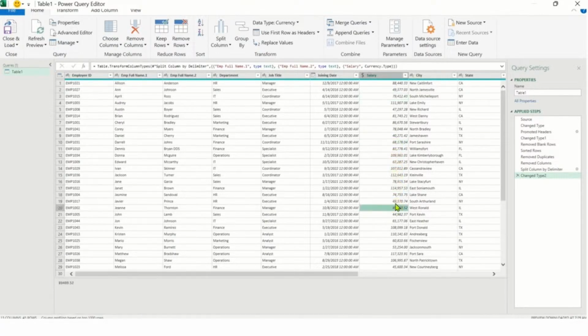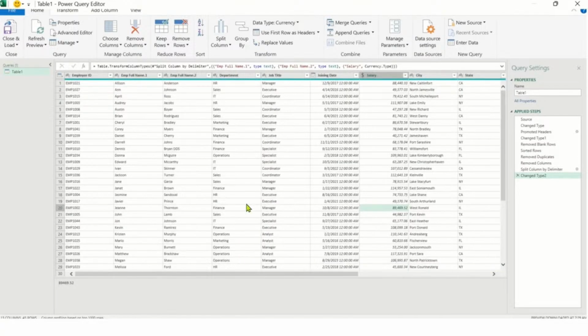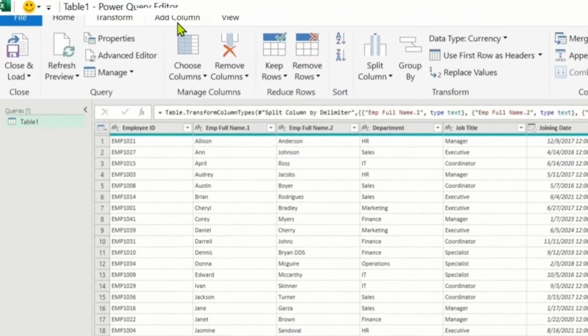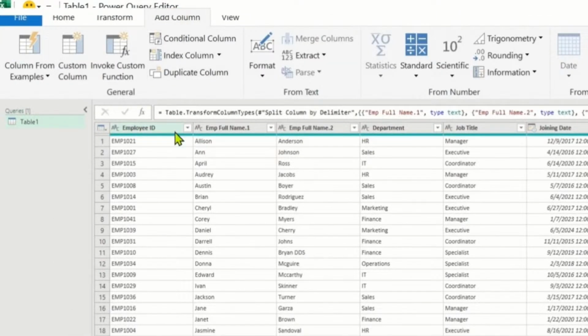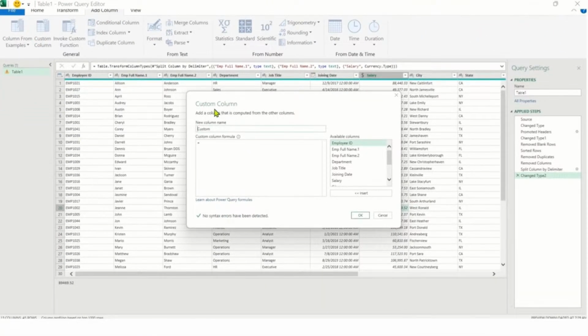हमारे पास यहां पे कोई कॉलम तो है नहीं जिसमें हम सैलरी इंक्रीज करके दिखा सके, तो उसके लिए हमें एक नया कॉलम ऐड करना होगा। नया कॉलम ऐड करने के लिए आप ऐड कॉलम टैब पे क्लिक करें और जनरल सेक्शन में आपको कस्टम कॉलम का ऑप्शन मिलेगा, उस पे क्लिक करें। अब कस्टम कॉलम बॉक्स में आपको नए कॉलम से रिलेटेड इंफॉर्मेशन भरनी होगी। सबसे पहले नए कॉलम का नाम दीजिए। हम यहां इंक्रीज सैलरी नाम रख देते